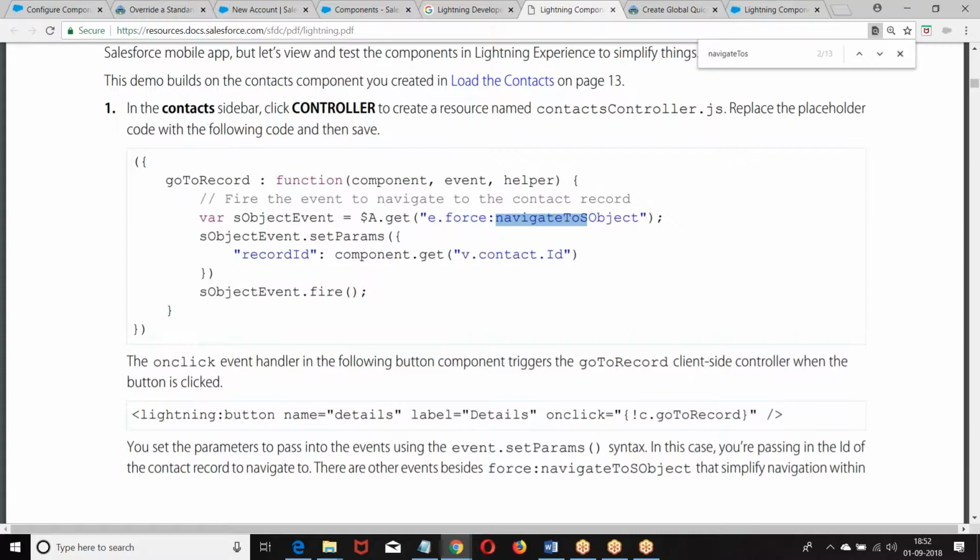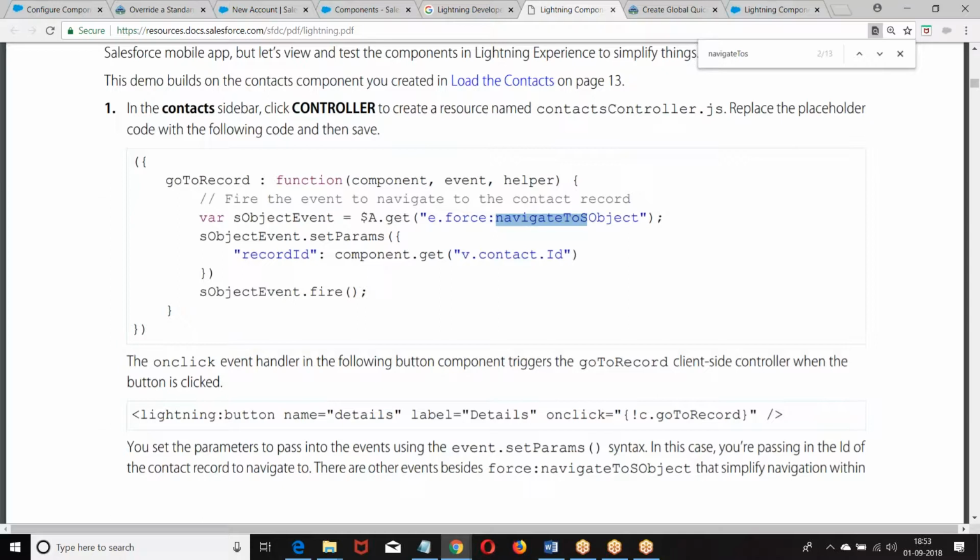You navigate to a particular record, so we need to pass the record. What I'm doing is recordId equal to the ID of the record. Once I send this data using LDS, or if I use LDS, the record will be saved and we get the record ID, because in force:recordData we have the attribute recordId. Whatever ID we have taken, we store in an attribute, and I can simply say, get me that ID. Once you know the ID, I know how to navigate to that particular record.